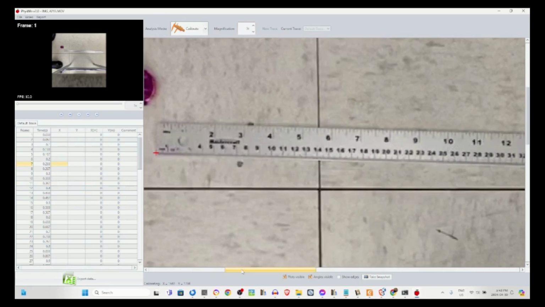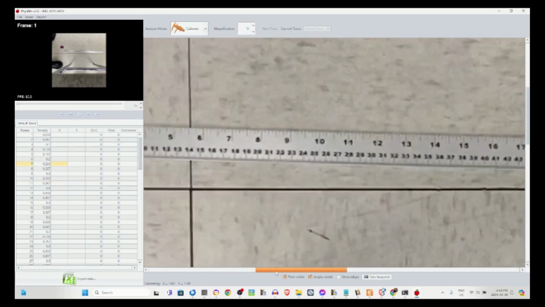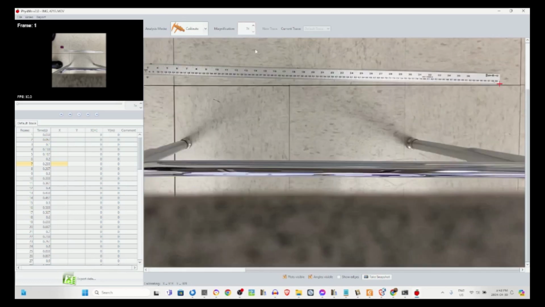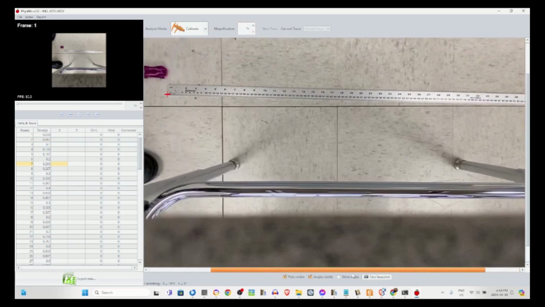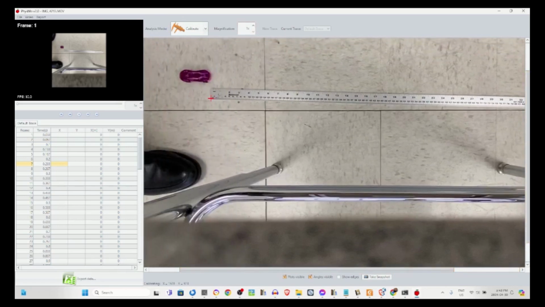So that's one end of the ruler. That red mark covers one of them. Come down to this end. That red mark covers the other. I'm going to set the distance to 1 meter because it's 2 ends of the meter stick. We've set our calibration. So now, if we scroll back up to where the car is,